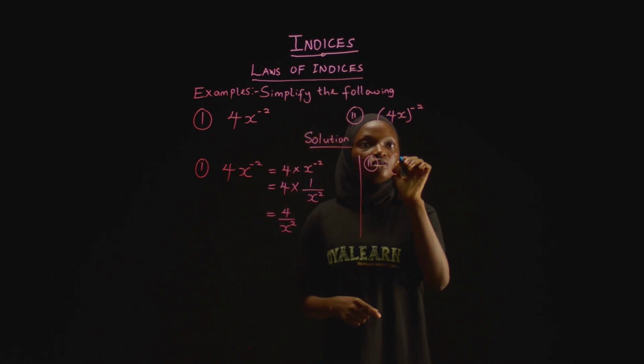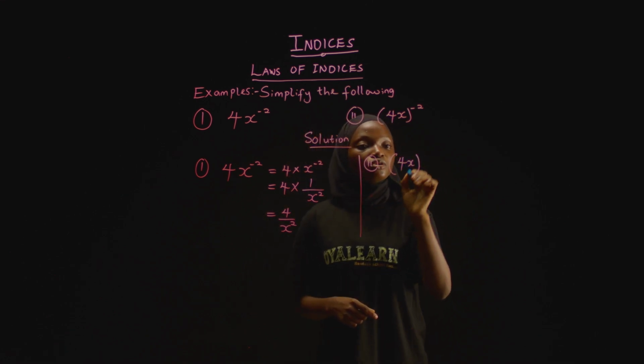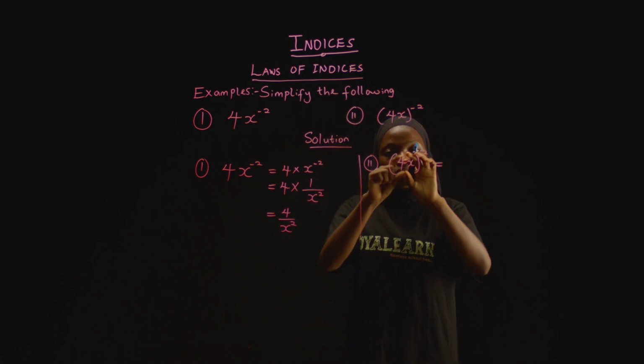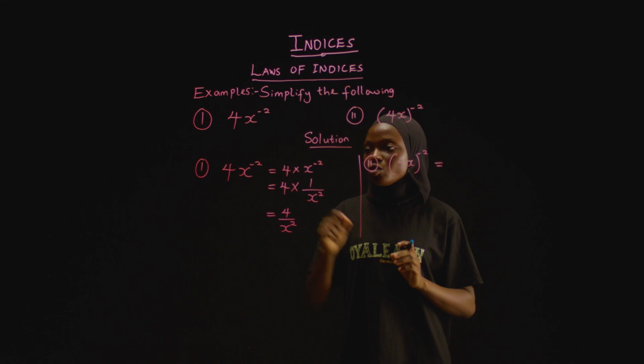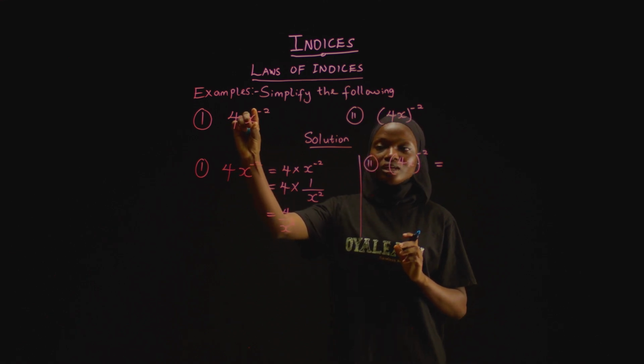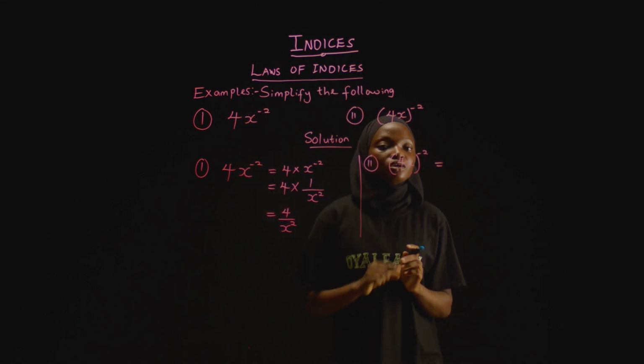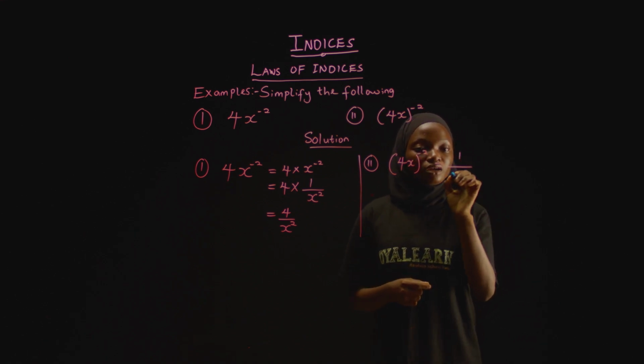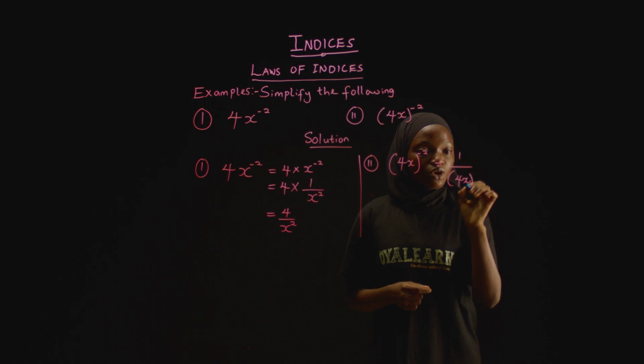The second one, we have (4x) all raised to the power of minus 2. Here, the minus 2 power is on everything, both the 4 and the x. But in the first, the minus 2 power is only on x. So to solve this, by the law of negative power, we have 1 over (4x), everything, all raised to the power of 2,